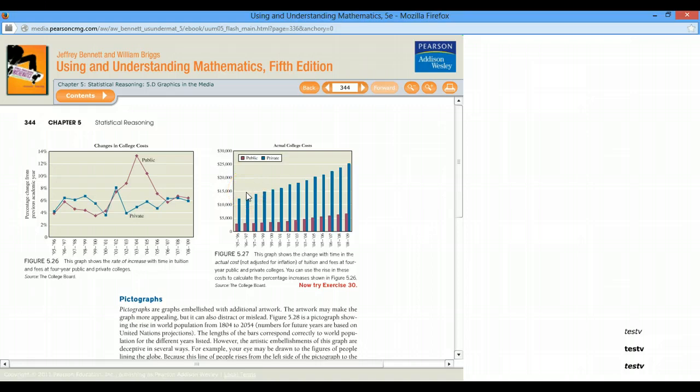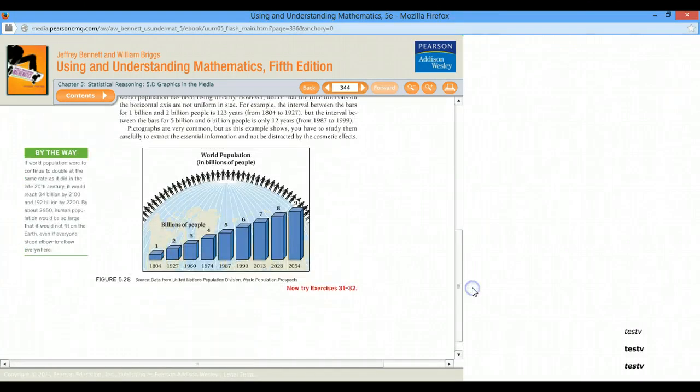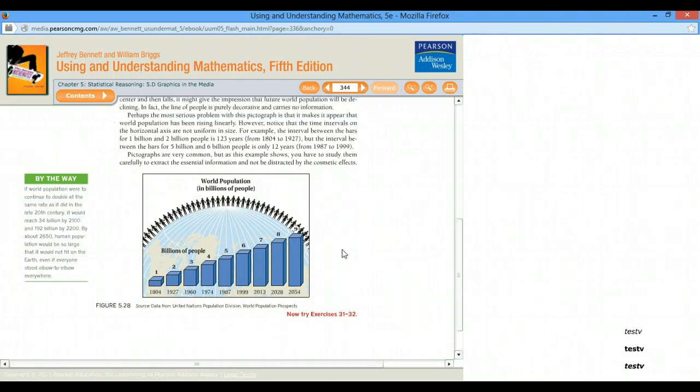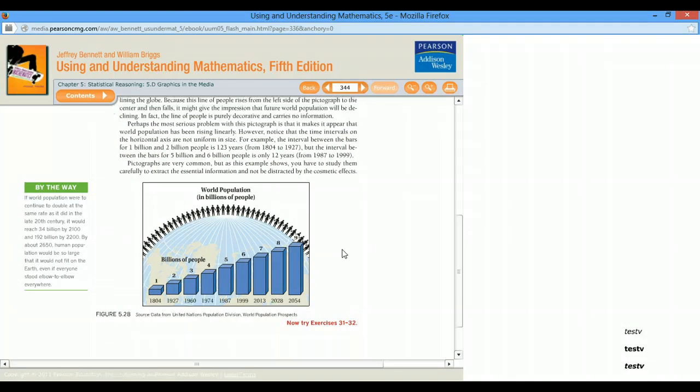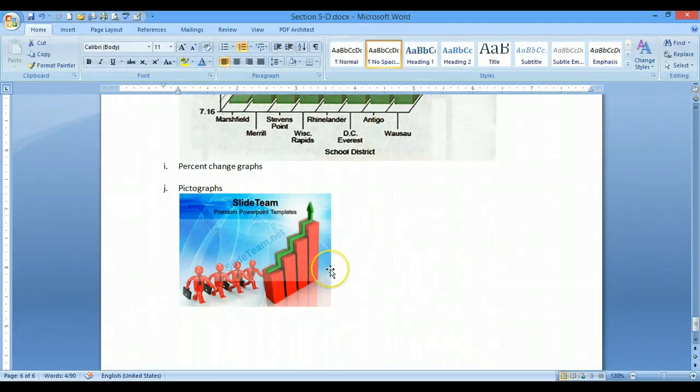The next thing we're going to talk about is pictographs, and we have some examples in your book here. A pictograph can, sometimes it can add, but in most cases it's just making it look pretty and fancy. So here's one example of just showing something pretty to make your graph look pretty. I have another one here that just makes your graph decorative. Another way of calling it is embellishments. Sometimes it can be distracting, so beware of